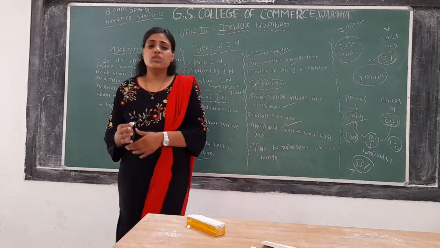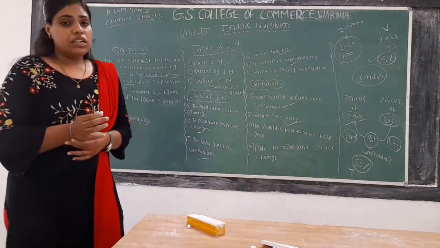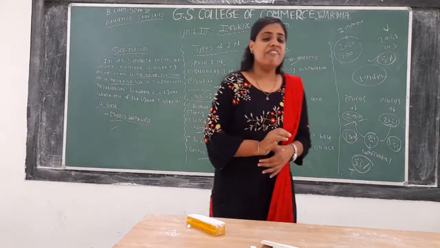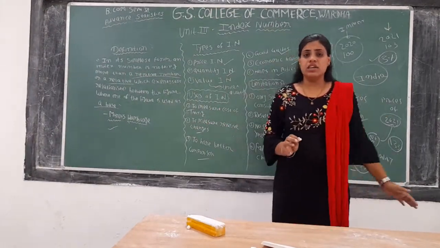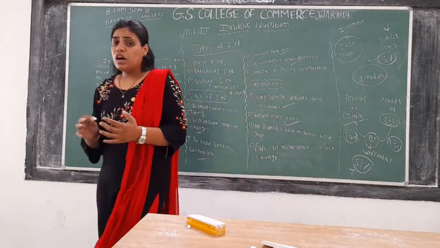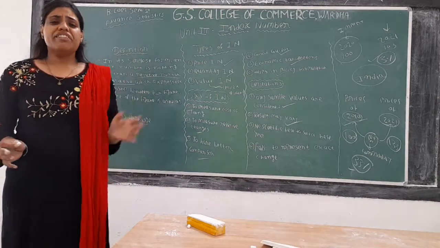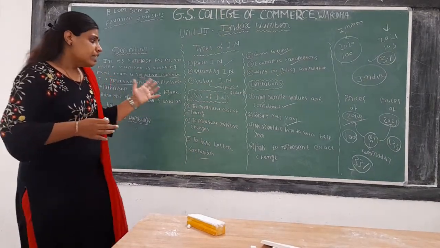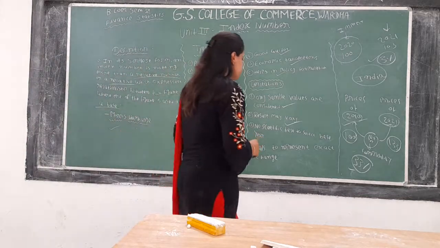After that, results may vary. In further lectures, we are going to see the different methods for calculating index number. When different methods are applied to calculate index numbers, the results may vary, the outputs may change, and there may be difficulty in interpreting which output is more accurate. Okay, that is why this is one of the limitations of index numbers.